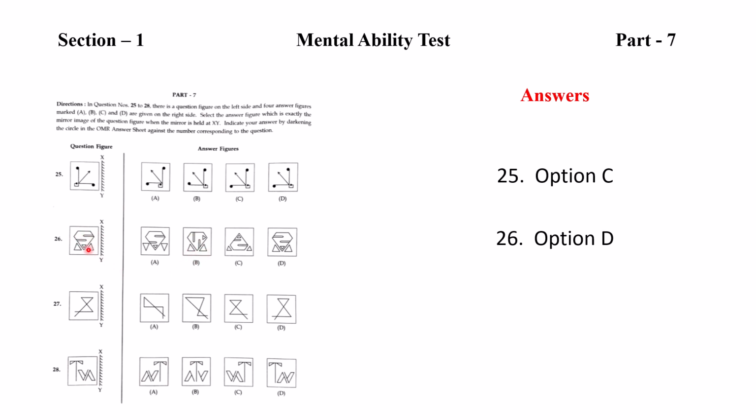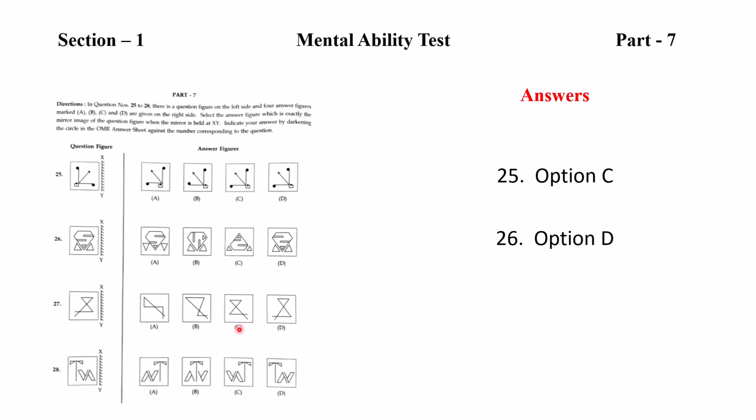And we can see that in option C, this entire figure is rotated in upward direction. It is not true when we place a mirror on sideways. Therefore, option D would be the right answer. Now coming to question number 27, when I place a mirror, this line would reflect on this side,